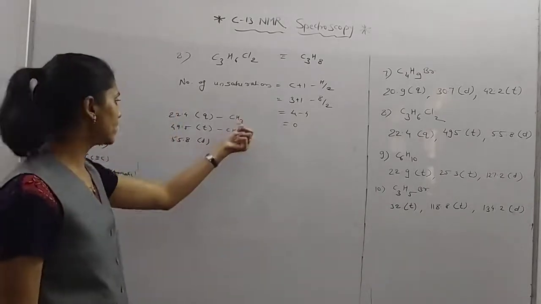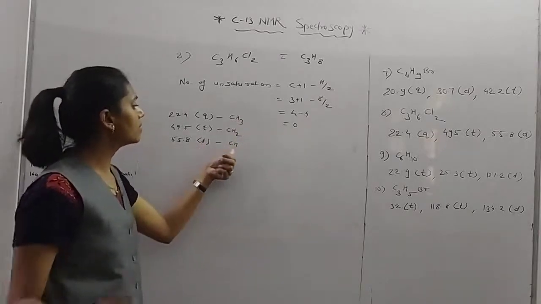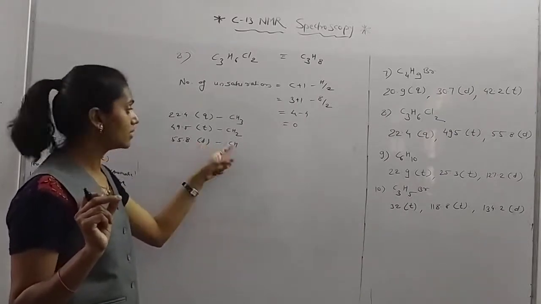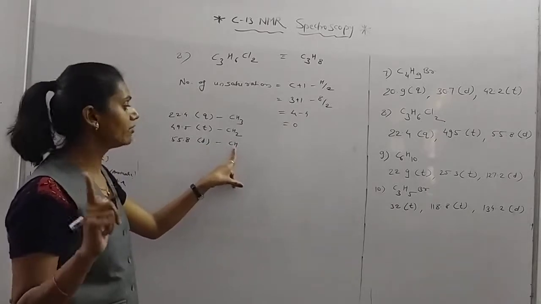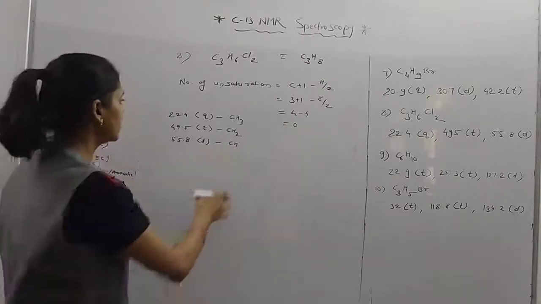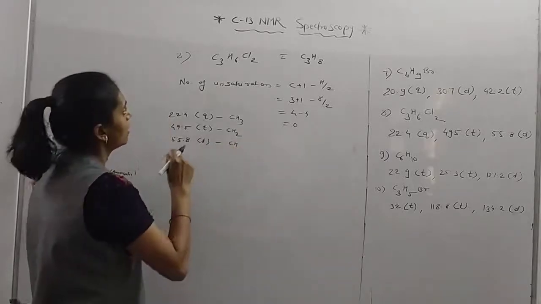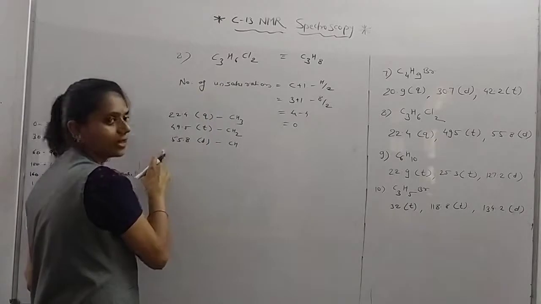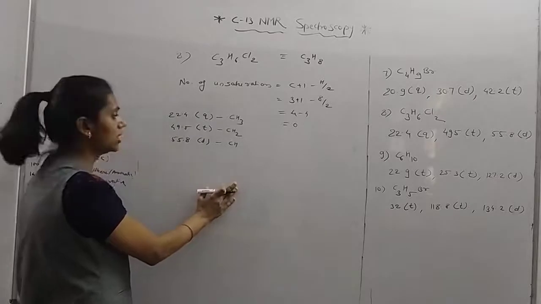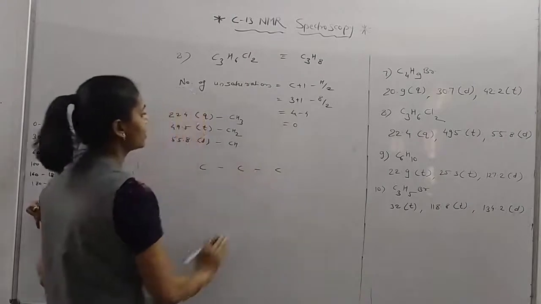Okay. How am I writing this? According to the n+1 rule, as there is a doublet, then there must be a CH. Due to this CH, we have obtained the doublet. That means as this carbon atom is attached to only one carbon atom, it gives the doublet according to the n+1 rule. Like this we have written CH3, CH2, CH here. Now there are 3 carbons and 3 signals, so all the carbon atoms are different from each other.